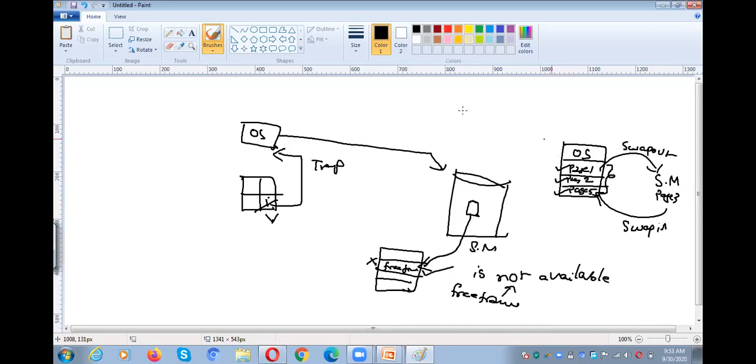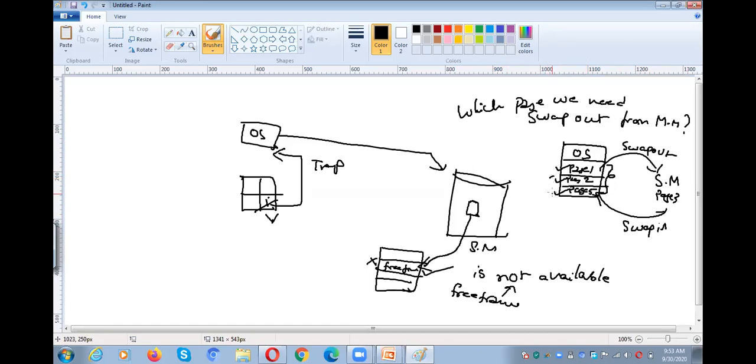Which page do we need to swap out from the main memory in order to swap in the required page?